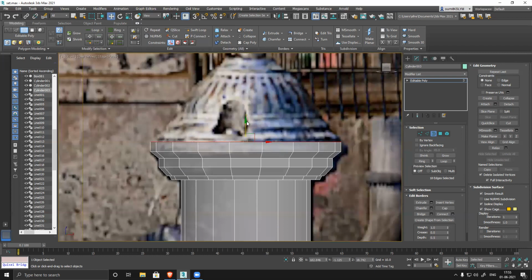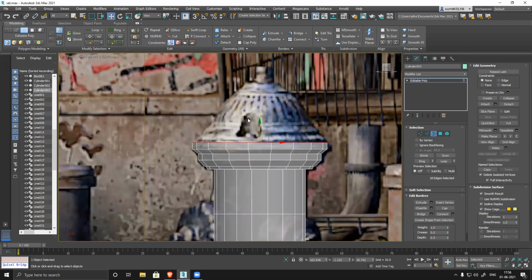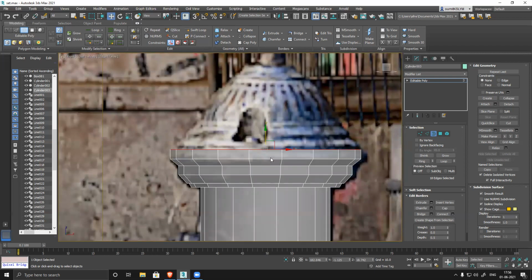Sir, can we use the lathe option directly for this structure? To create the basic structure, yes, we can definitely do it. We can definitely use it, but you can see there's a section, another section, and another section, slightly different. We can use a lathe and create a basic model, then we have to modify it anyway. So you can follow lathe or you can use a cylinder. Both work as long as the shape looks the same. It's all about that. Okay, sir.